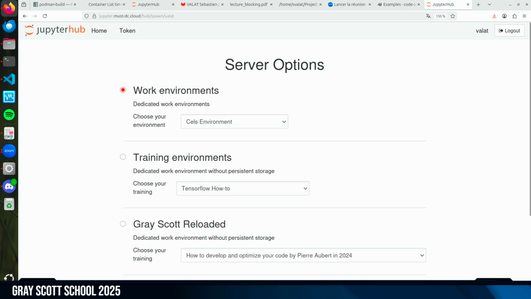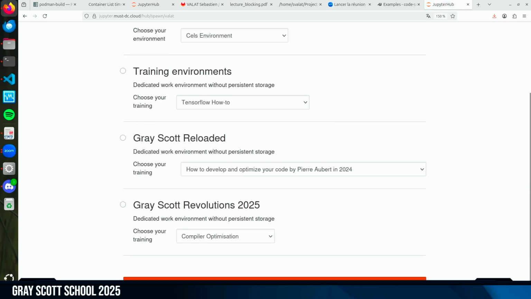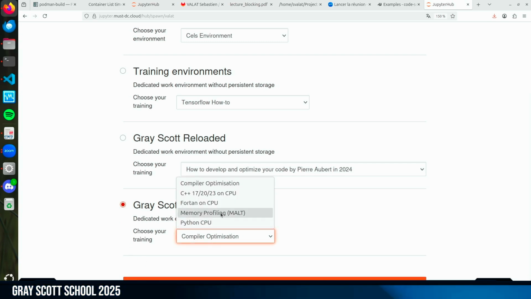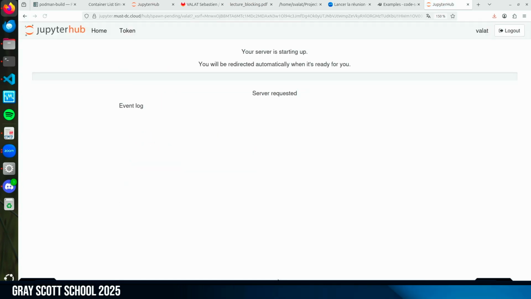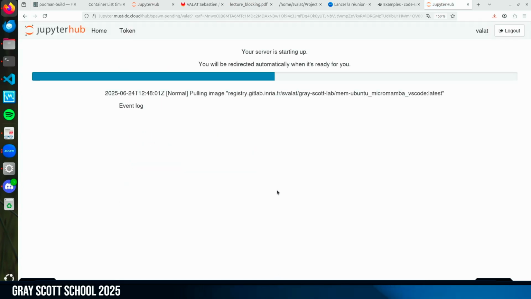I start my server. I go in Gray Scott's Revolution, and I'm choosing the memory profiling one. This is where I have the example. The problem is that for the people here, some of you will fall on the same machine, so you will share the resources a bit, but anyway, you will be able to play.